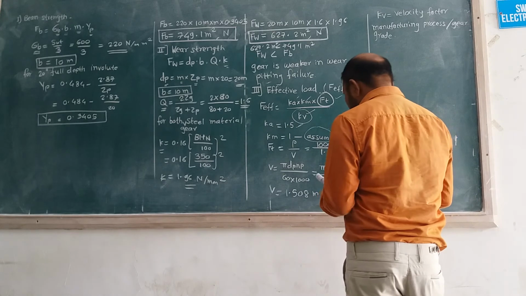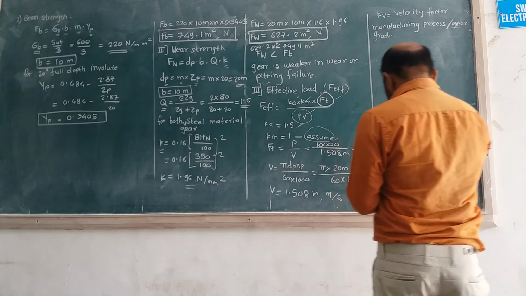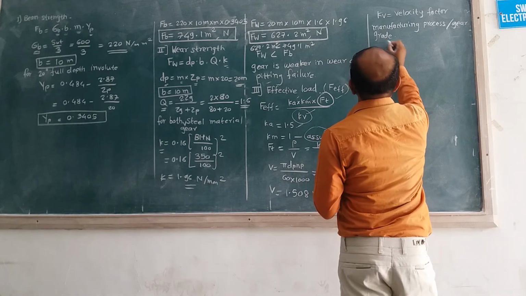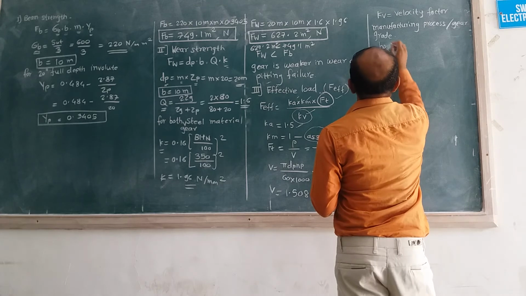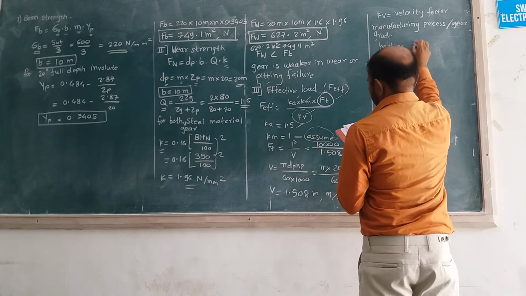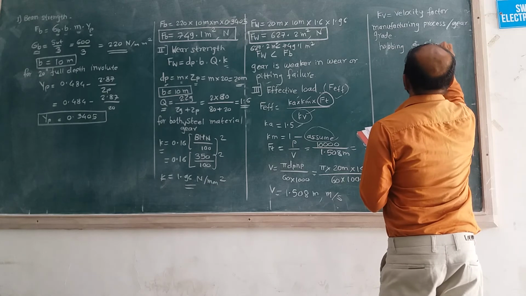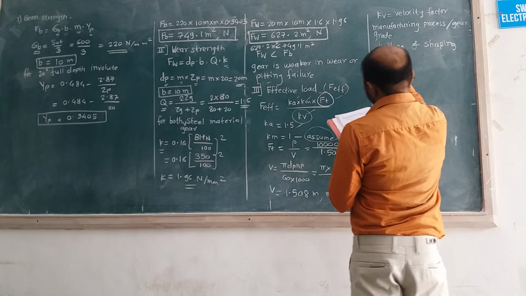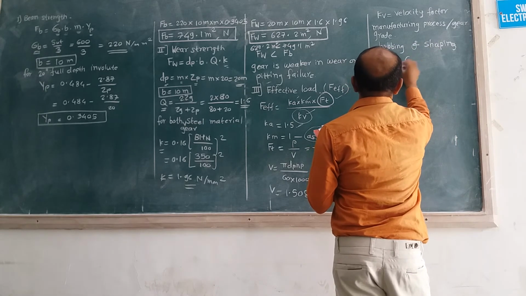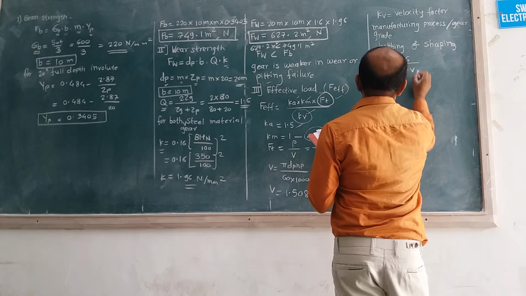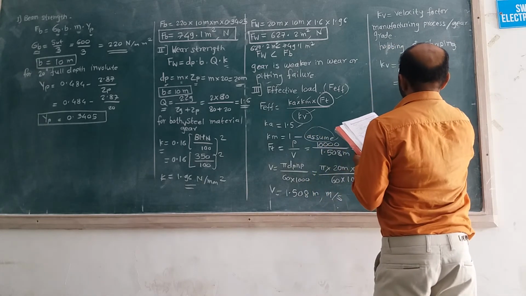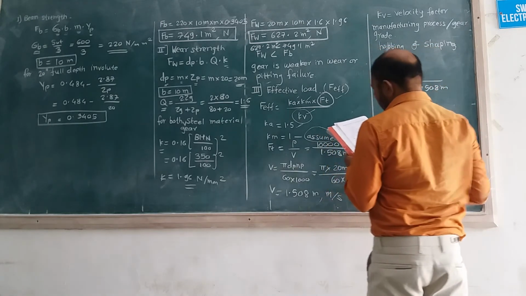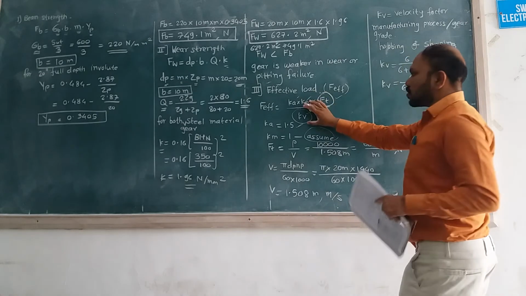Okay, so precise gear is not required, then we use middle range gear grades. Okay, and in this case we choose the gear grade, that is forming and shaping process. Okay, forming and shaping, and for that purpose the formula for Kv is 6 upon 6 plus V. We substitute the V value, so 6 upon 6 plus 1.508 times module, so we get Kv value from here.